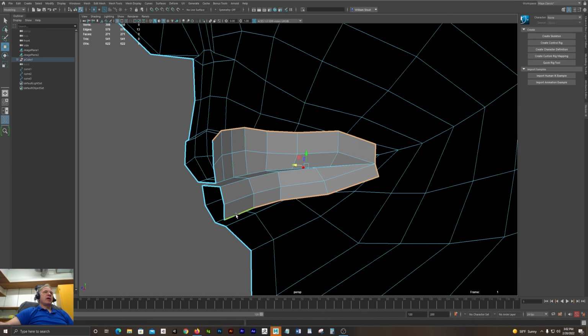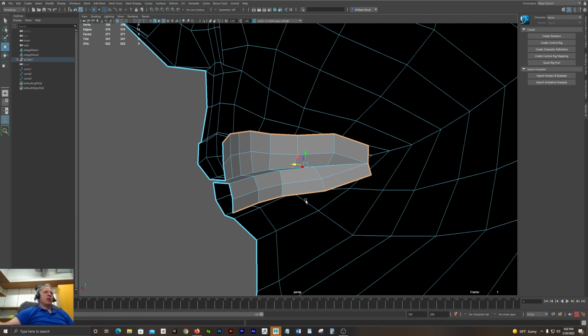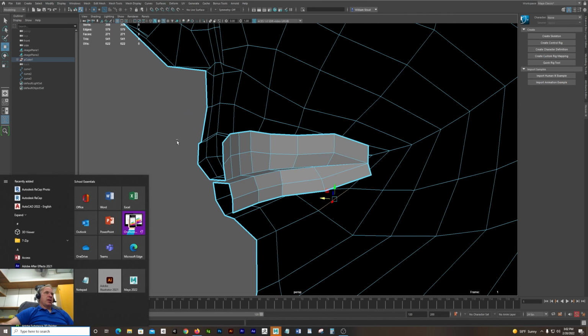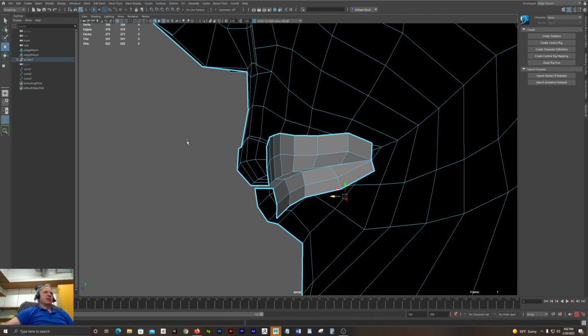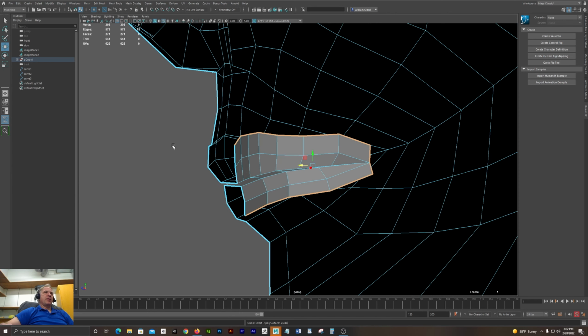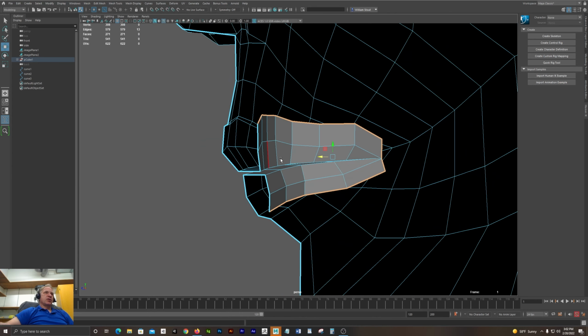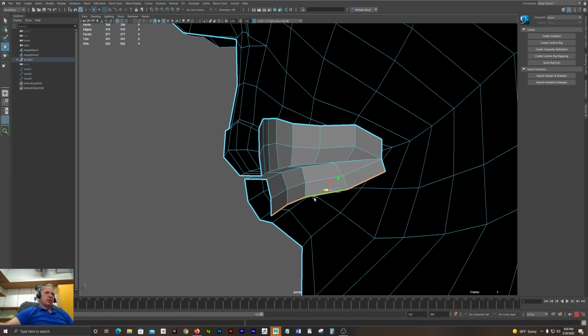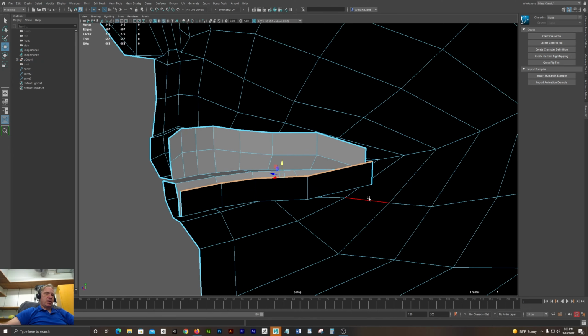So then I can grab both upper and lower lip, and now I'm thinking about the transition to the gums. So just a teeny push back, and then hold down shift to extrude in just a little, then up for the gums,